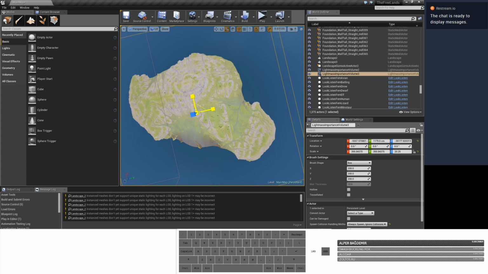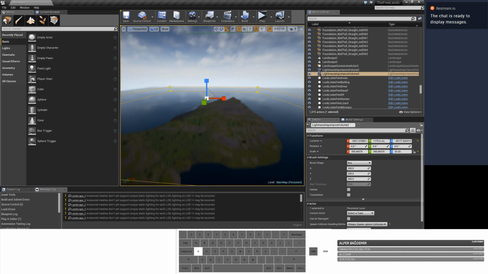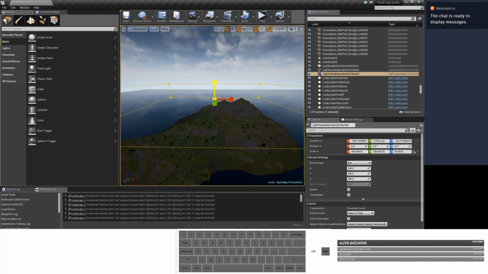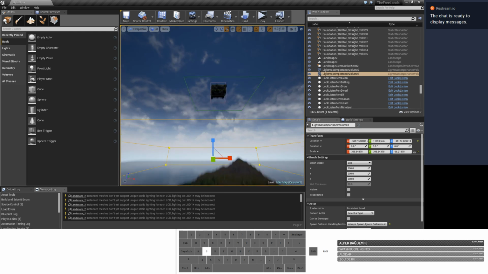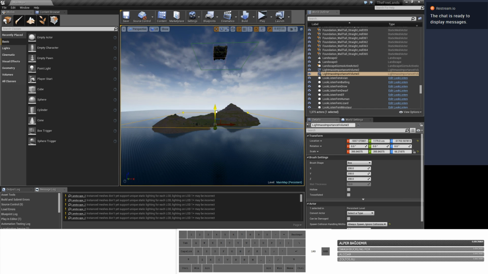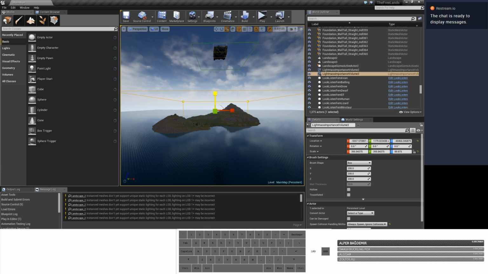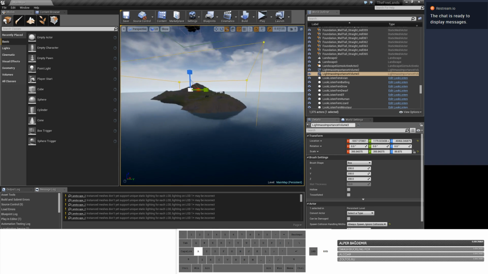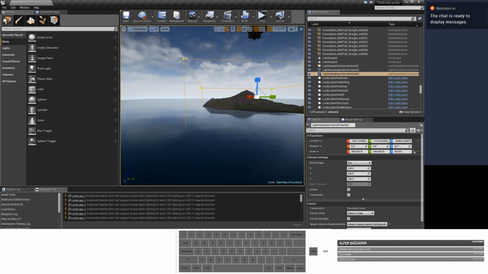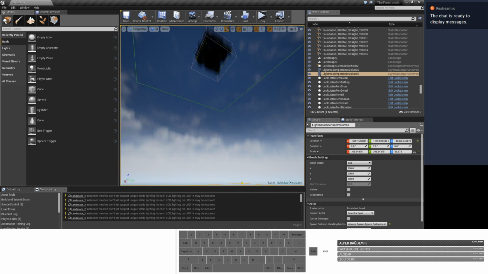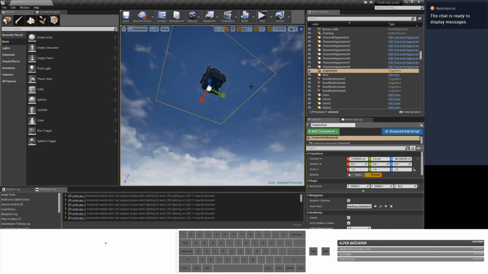A little bit bigger. Alright. And then, yeah, it's good enough. Alright, and this is for selecting, not this.